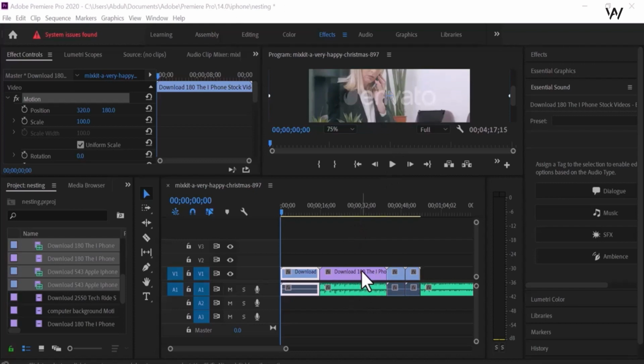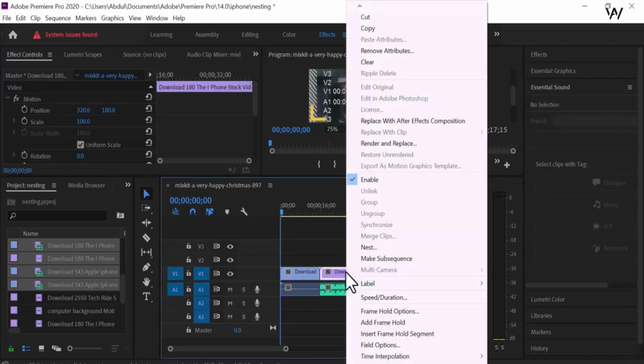create complex compositions. For example, this is a timeline and you have multiple clips and multiple audios in your timeline, and you want to nest the clips that are present in your timeline. So you can select these clips and there you can see nest. This is a nest. You can nest your